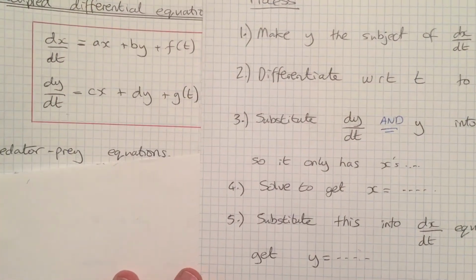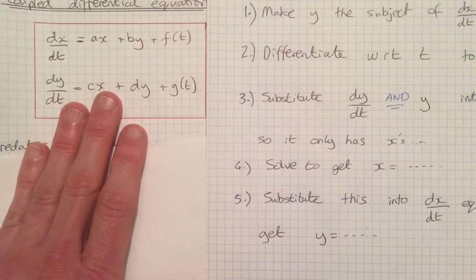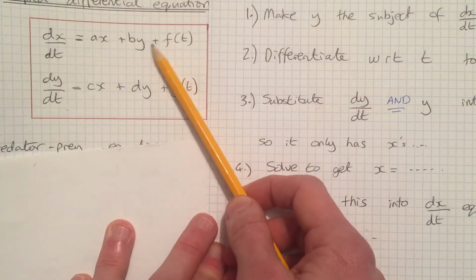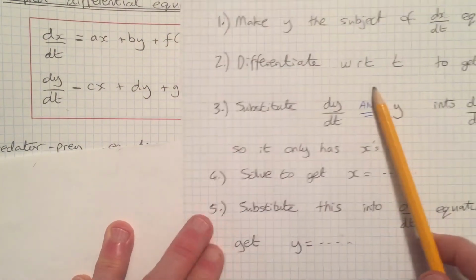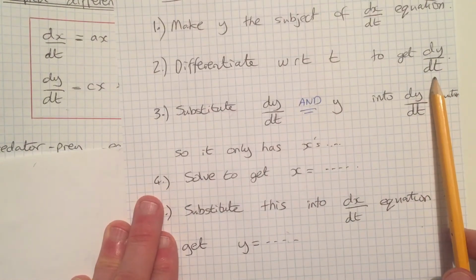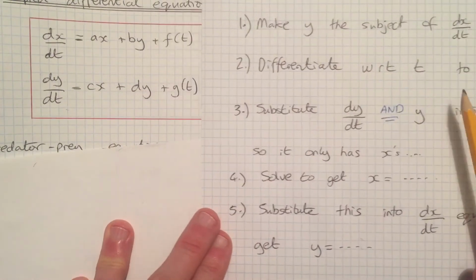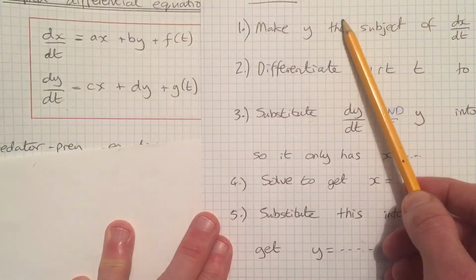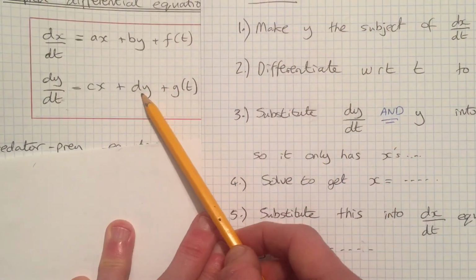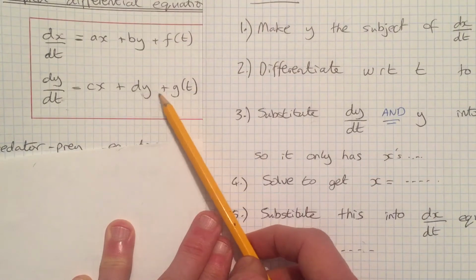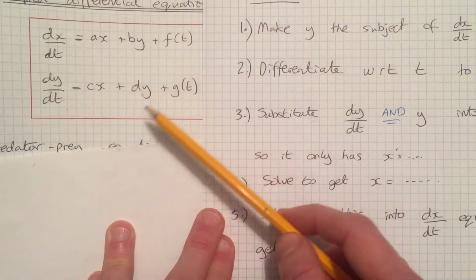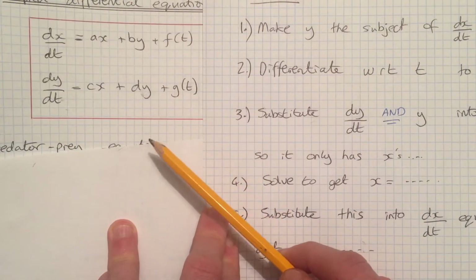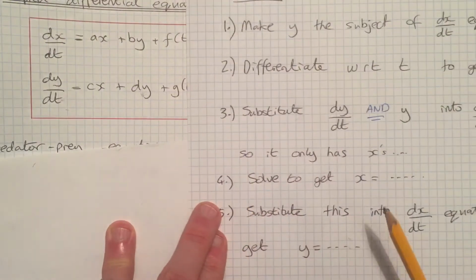What we will always do is we will make y the subject of this equation. We will then differentiate that with respect to time so that we are able to get dy by dt. That will then allow us to substitute that dy by dt from here in here, and our y in from here into here. That's then useful because this equation will only have x's in it, which will then mean that we can solve that differential equation using the techniques we've already learnt before to work out our general solution